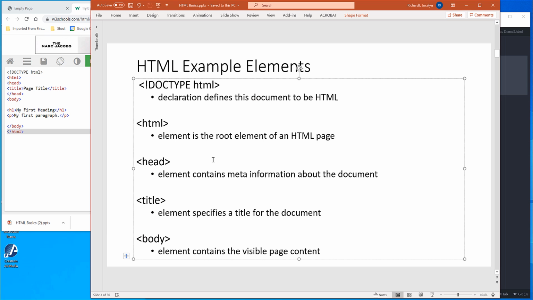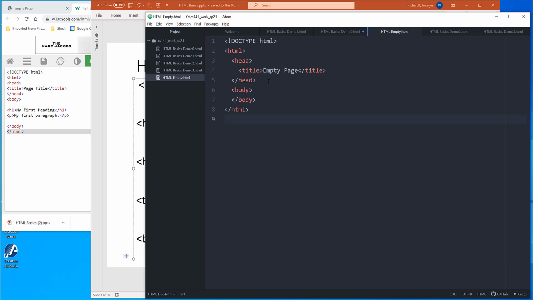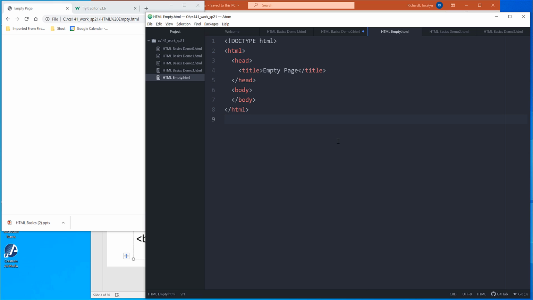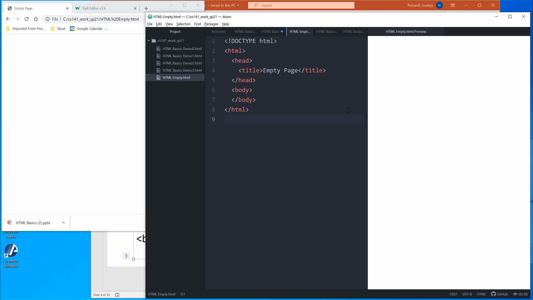The next tag that we see is the head tag, and that contains the meta information about the document. Details about what the document is. Frequently people put in a title there. Now that title doesn't have to be displayed anywhere. Most browsers will pull out that title from the head tag and put it up on the tab, as we see here. But it really doesn't have to be. If I do Control-Shift-H and bring up the HTML viewer right inside Atom, you can see it's just empty.